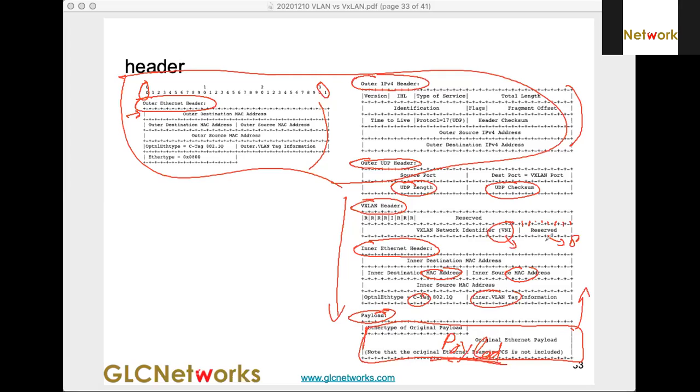So the VNI is 32 minus 8, which equals 24, right? So this is 24 bits. So it means the VNI gives 2 to the power of 20 VNIs. Okay, so it's a lot. I'm sure it's more than 4096.